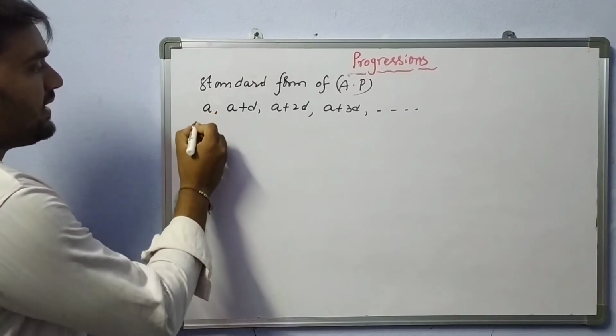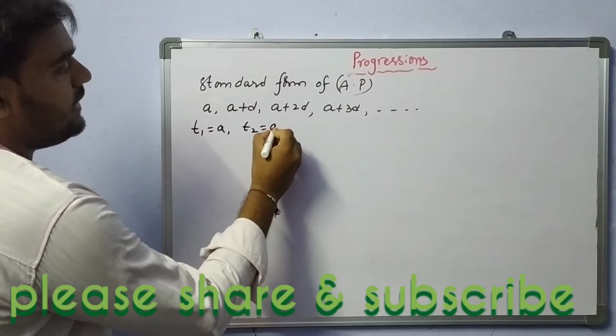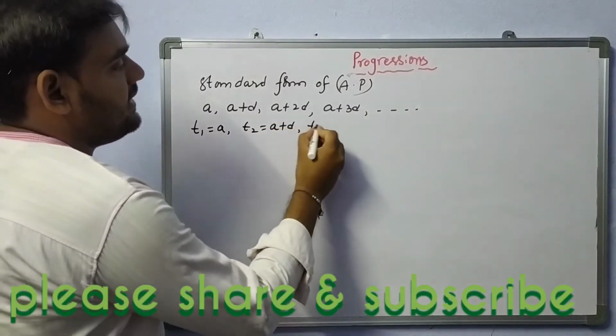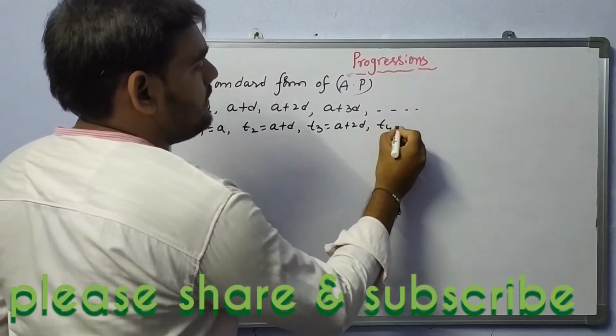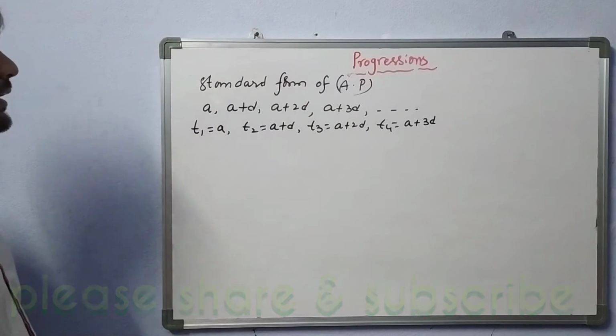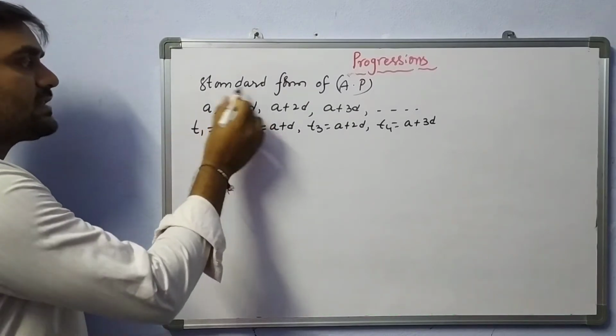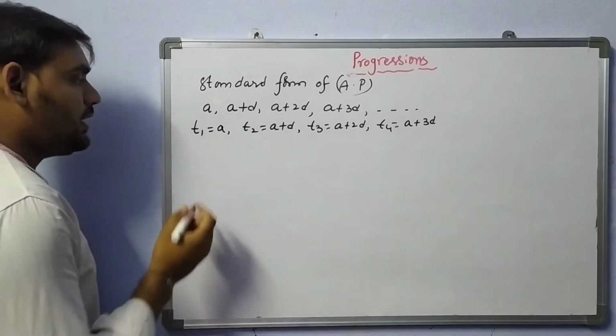Now this can also be written as T1 is equal to A, T2 is equal to A plus D, T3 is equal to A plus 2D, next T4 is equal to A plus 3D. If you take the difference of a term with its previous term, we will get the common difference D only. If you find it out, we will see